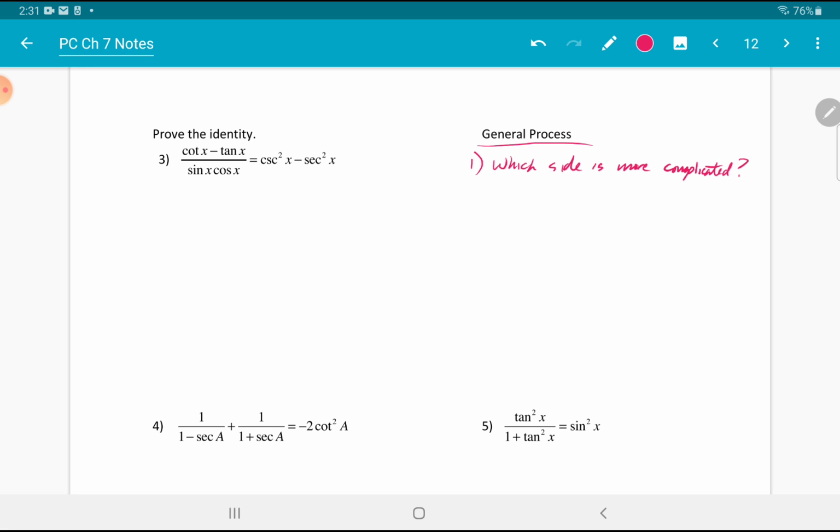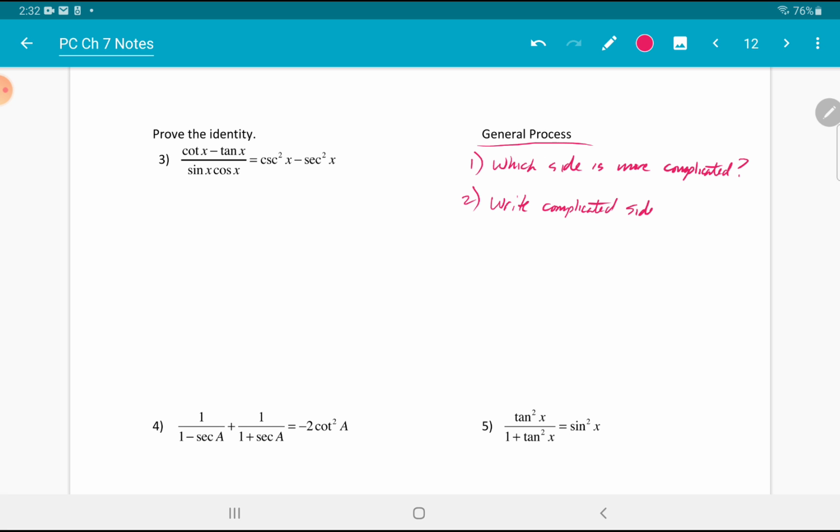Okay, which side is more complicated? And typically when you see something like in example number 3, complicated sides typically end up being sides with fractions, right? So you want to look at what is going to involve the most work, and that's what you want to kind of work with. So in step 2, once you have identified the complicated side, you're going to start by writing that complicated side,